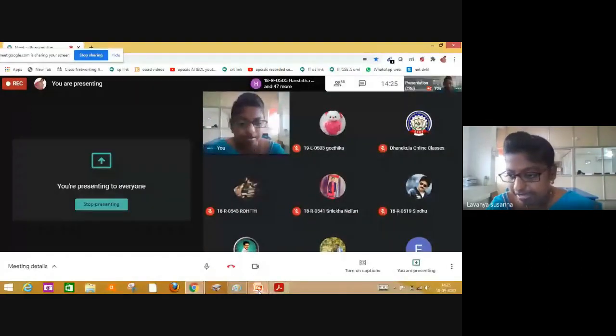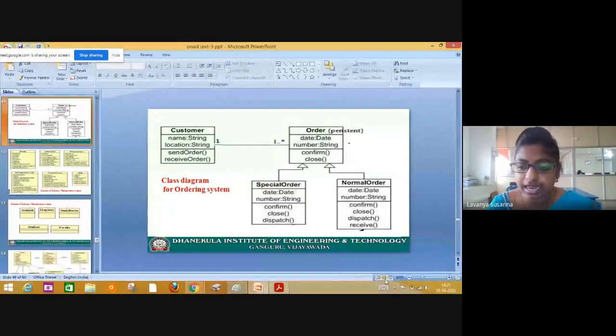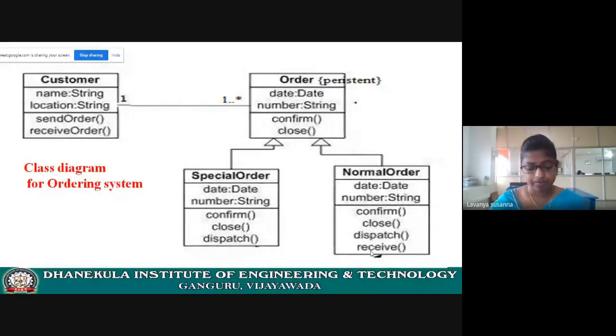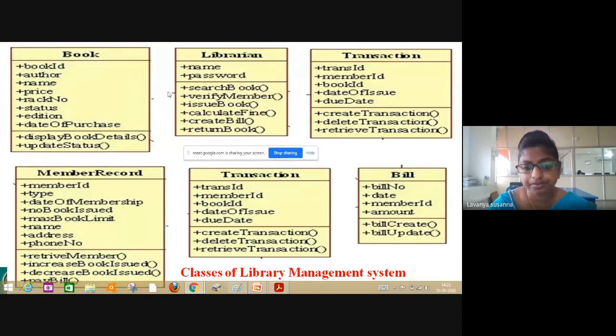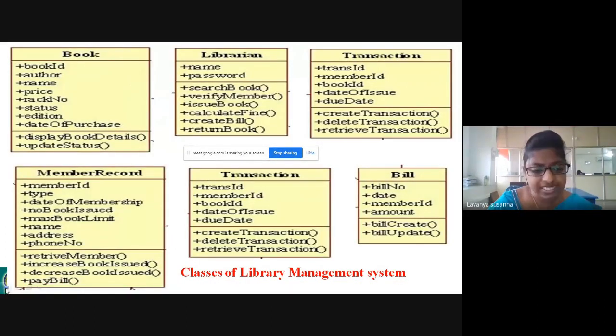Okay. Next application. Let us see the class diagram for the next application. Please wait 1 second.